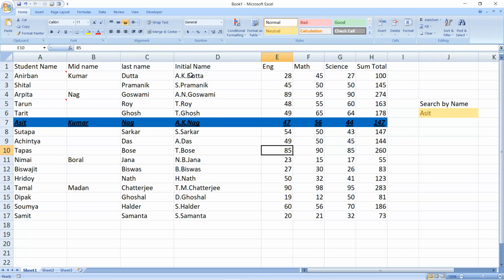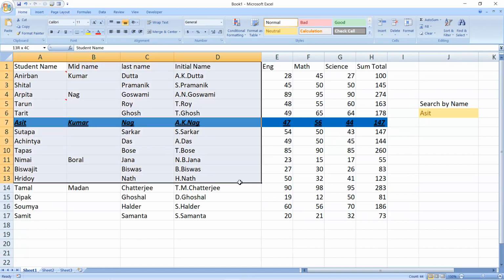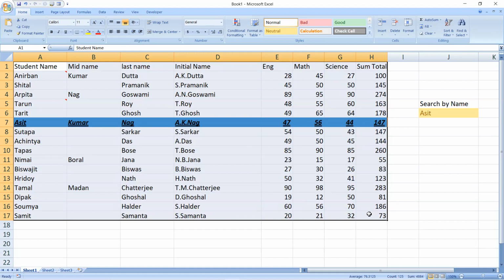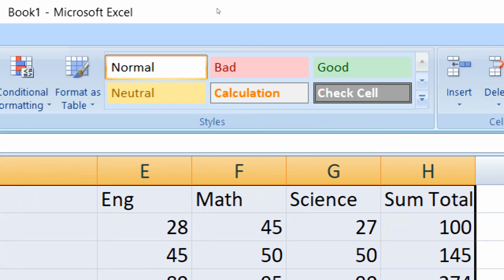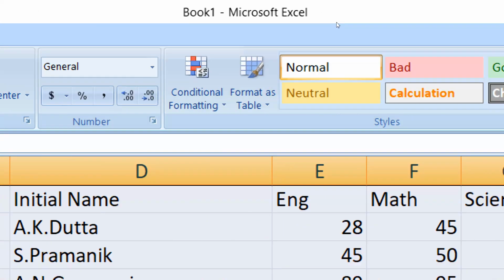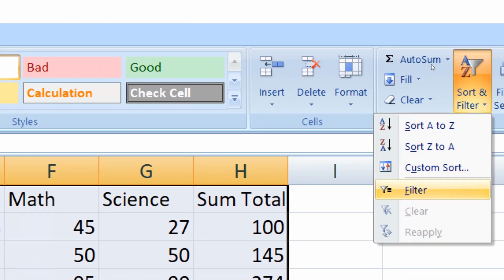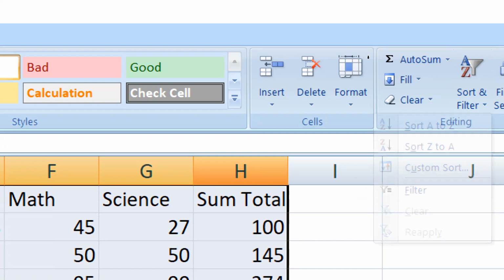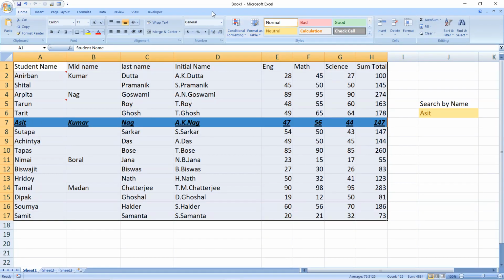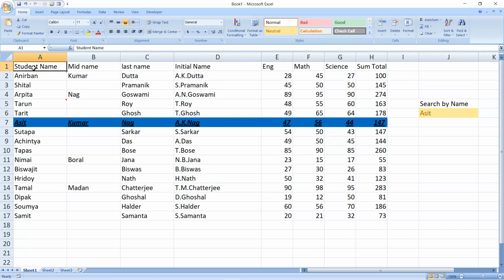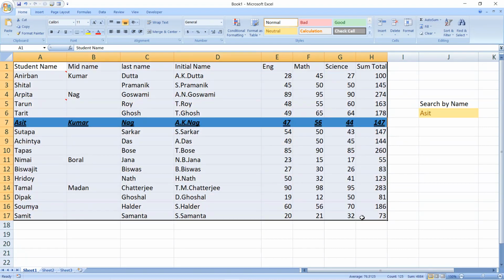Fine. And before ending the video, let me also select this whole table, and then we'll apply the filter option. To apply a filter, go to the Home tab, and here is the filter button. Click on this particular button, filter. Now the shortcut key to this filter is what I will be working with, instead of clicking that button. I will select this range of cells, and then I will be pressing Control Shift and